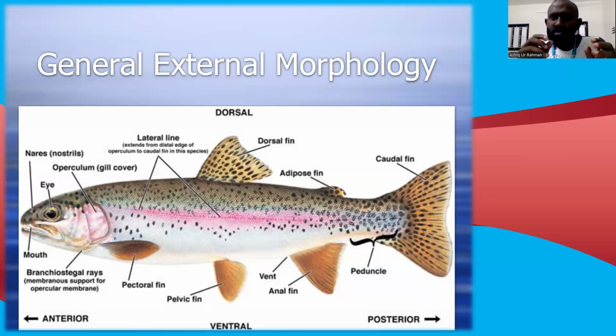We check by examining the gill slits, the color of the gill slits and the freshness of the gill slits, right? So for that, we have to open that operculum, the lid. The reddish filamentous part which is present inside the lid is the gill slits,